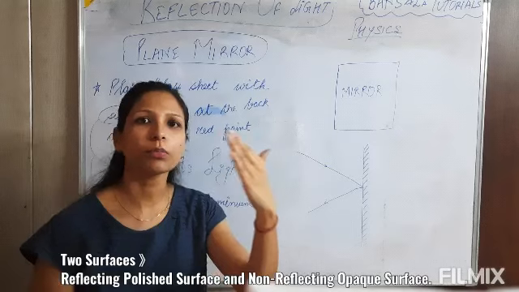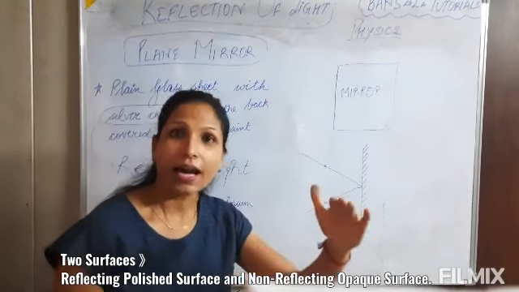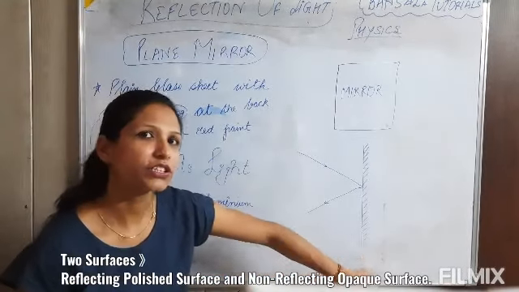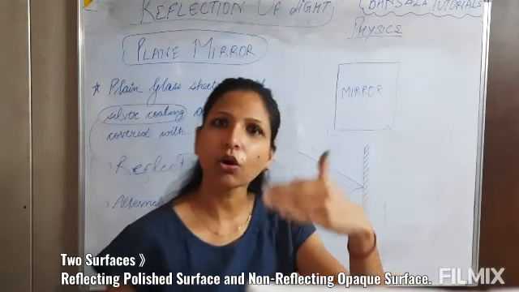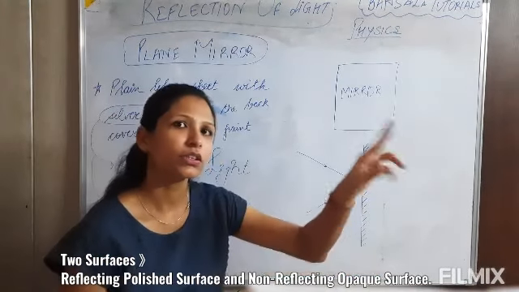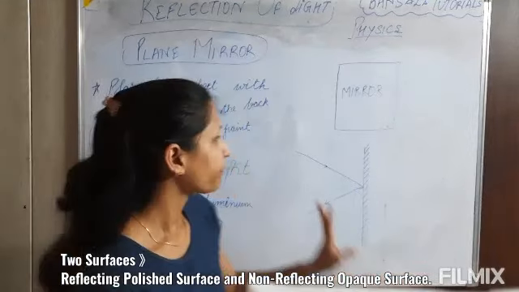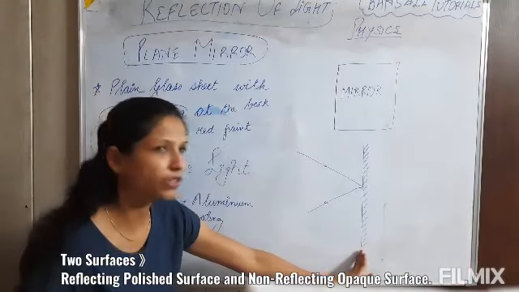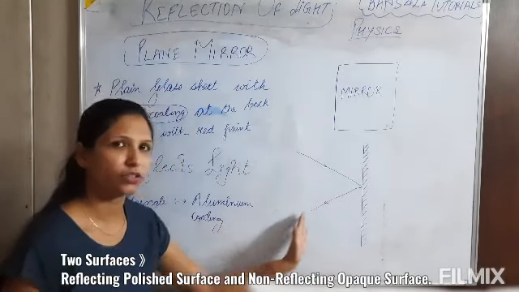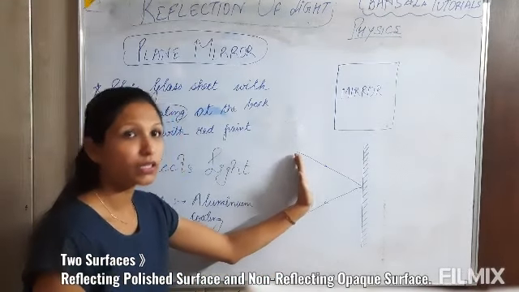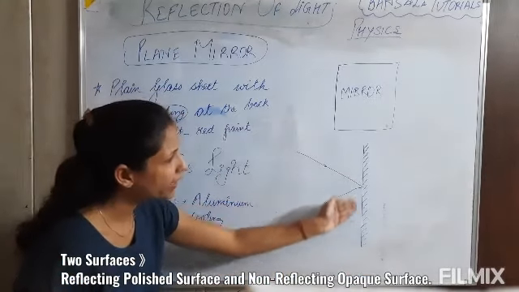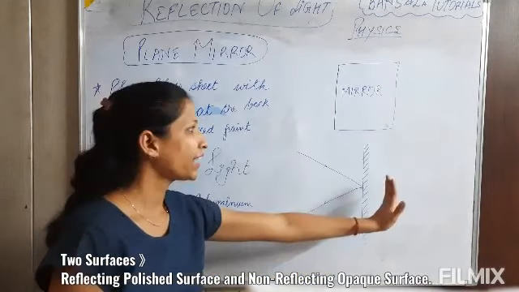The front one, which is the polished one, is a reflecting surface, and at the back it has an opaque surface. So in your diagrams, how will you differentiate between the polished, reflecting surface and the opaque surface? With slanting lines. You will draw the slanting lines on the opaque side of your plane mirror. That means first you will draw a straight line, and then if you want to draw the rays of light in this direction, on that side of the mirror, then you will draw the slanting lines on this side to show that this is the reflecting side of the mirror, and this is the opaque side of the mirror.